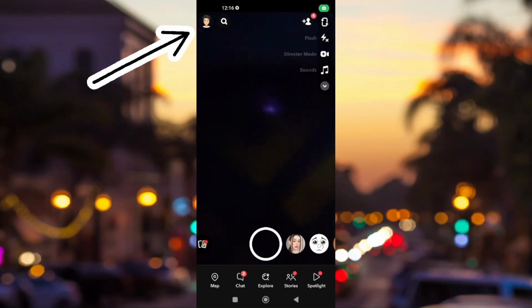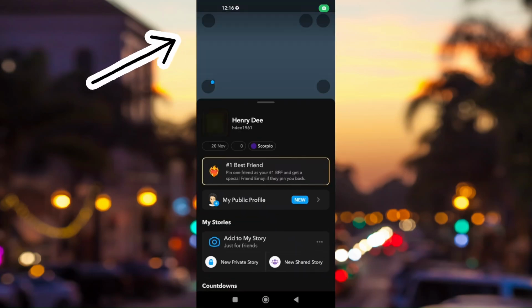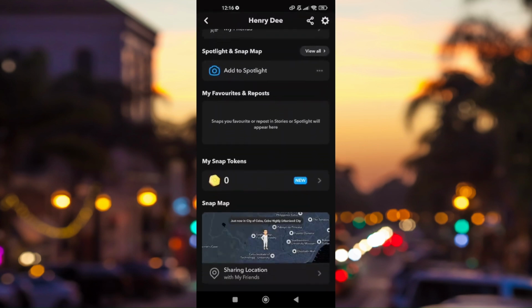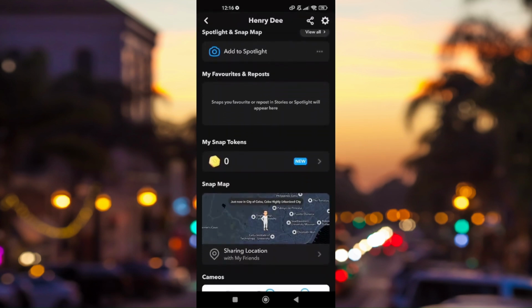and then head over to your account by clicking on your image. You scroll down until you find Snap Map. You need to make sure first that this feature allows all your access, and then you need to turn on your location as well. Just press on that,